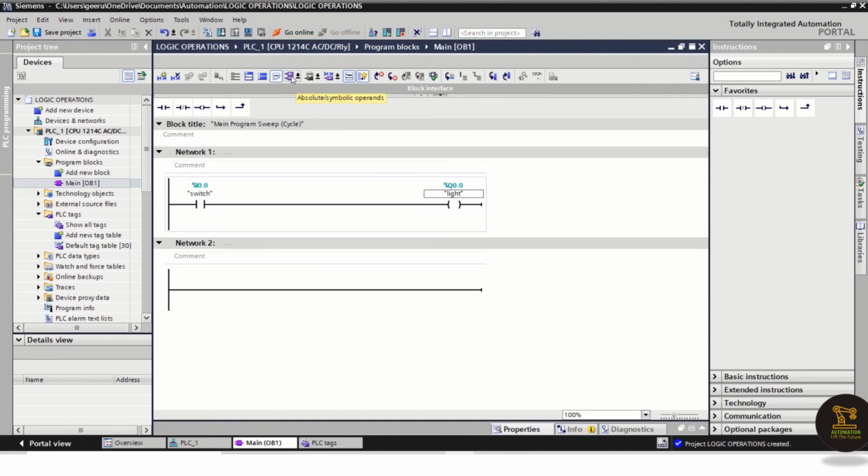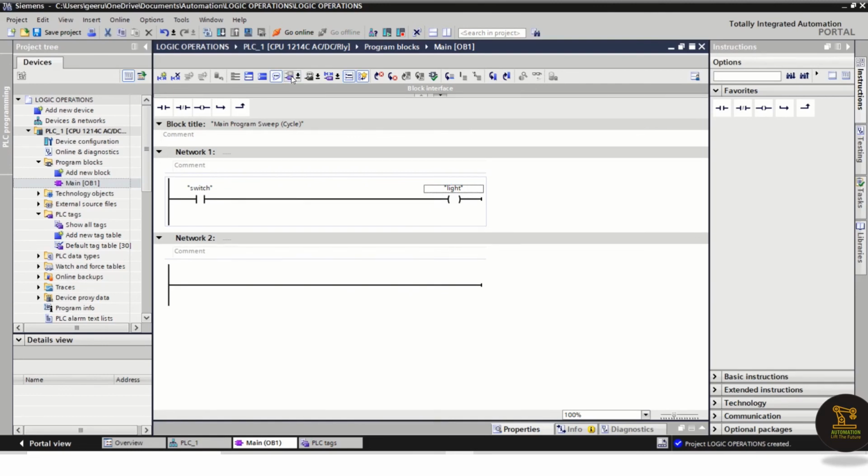And we have one more here, symbolic operands. See, when I'm clicking on this, just observe the address. We will not see the address only, we will see the symbolic names. The complete program you can write with symbolic names itself, which is very simple and easy to understand. That's why we call this language a high level language. See, if switch is equal to 1 and output is 1, that's it.